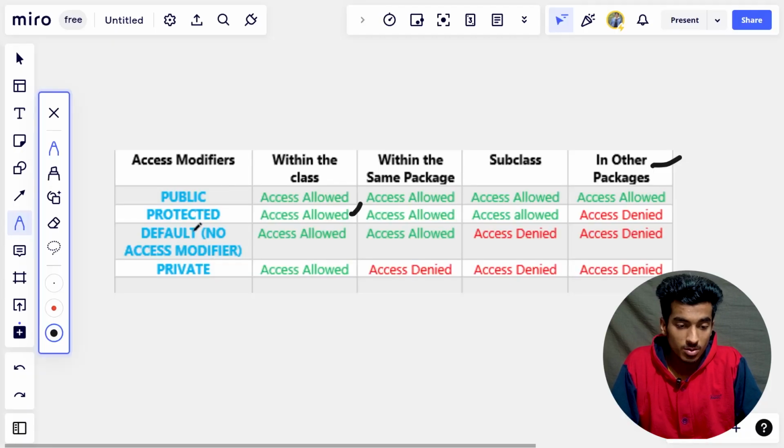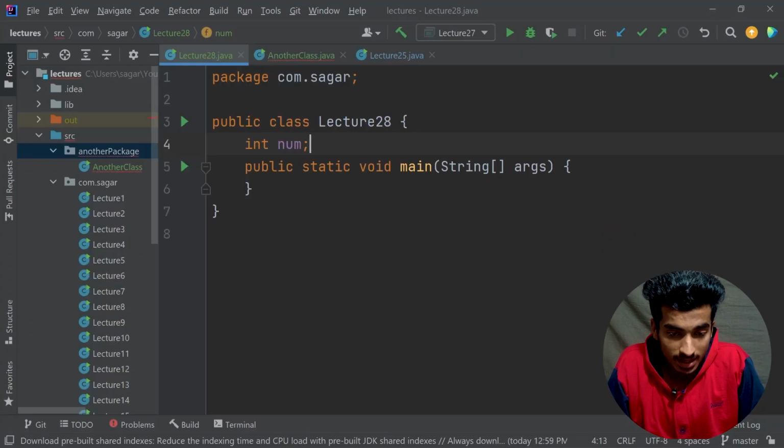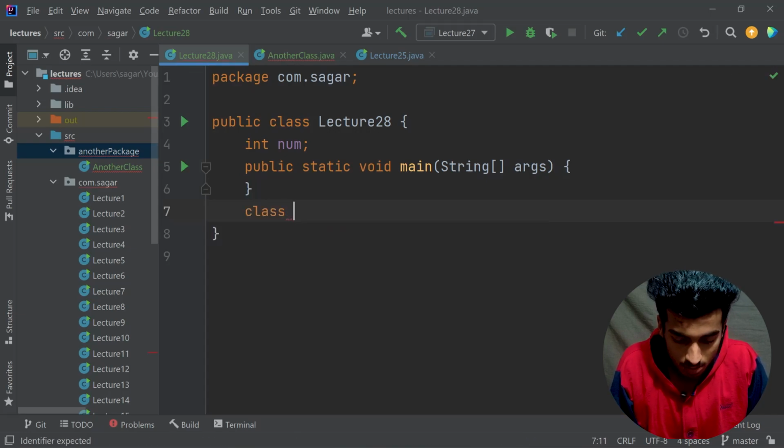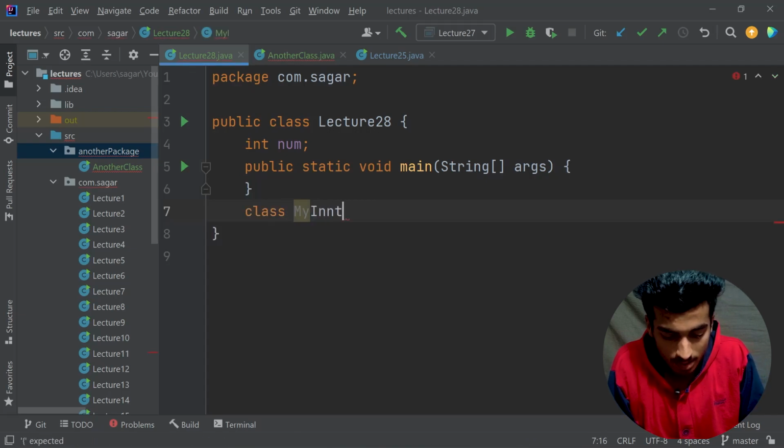So this was the default modifier: we can access it inside of our class, that is obvious, and we can also access it within the same package. But I cannot access any default member within my subclass. Subclass means the children class, and also not in another package. Remember, there is a very big difference between a subclass and an inner class. If I want to create an inner class, I can just create a class here, class MyInnerClass,